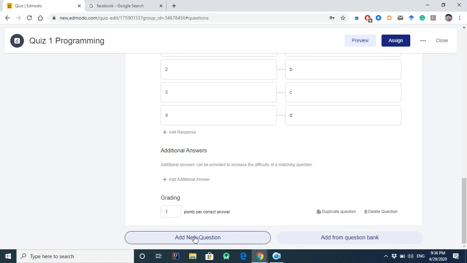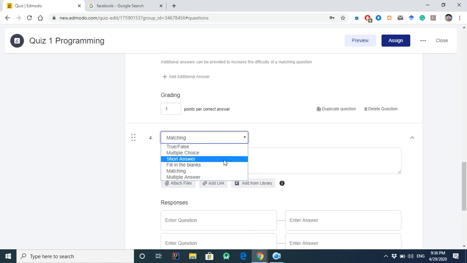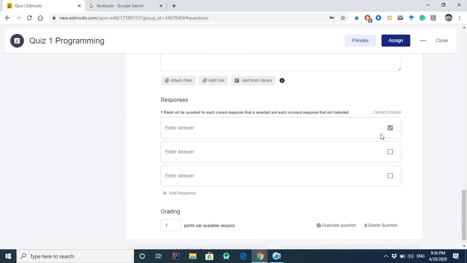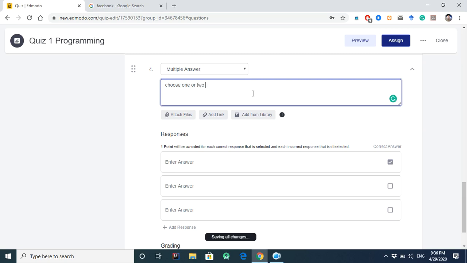Okay. Then after that maybe you can create another kind of question, which is, for example, the last one, multiple answer, which was added recently by Edmodo. Unlike multiple choice, where only one choice is correct, here maybe multiple answers are correct. For example, here maybe A and B will be correct, not only one. Okay, choose 1 or 2 of the correct